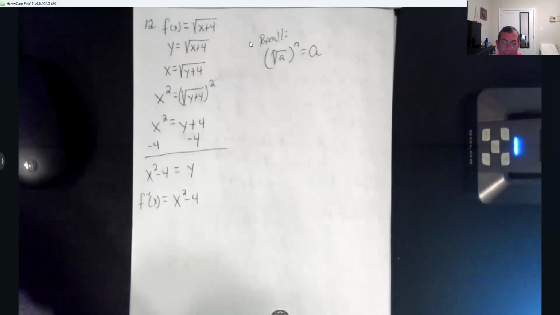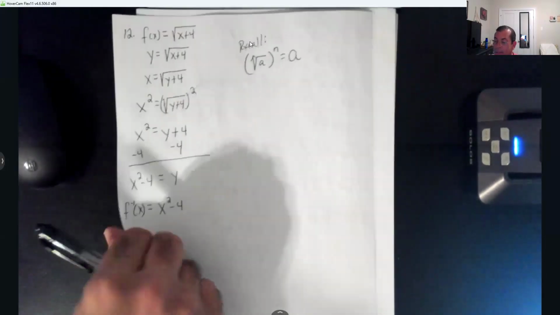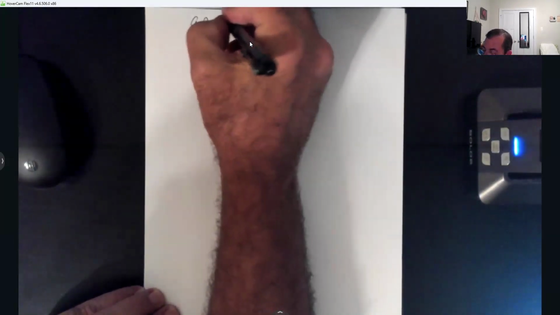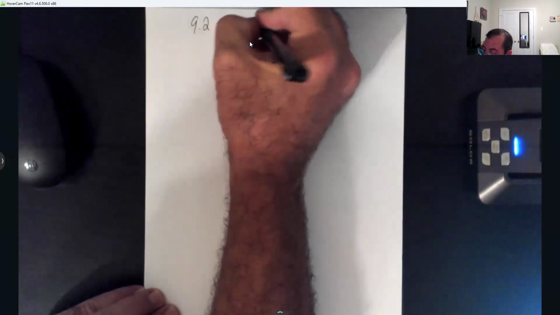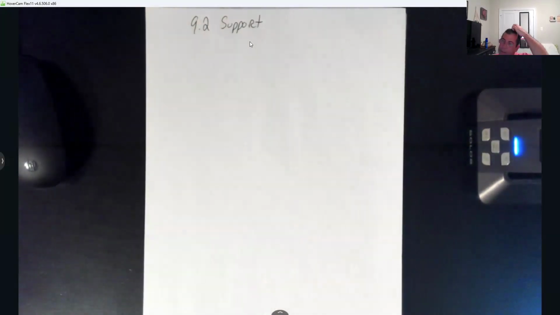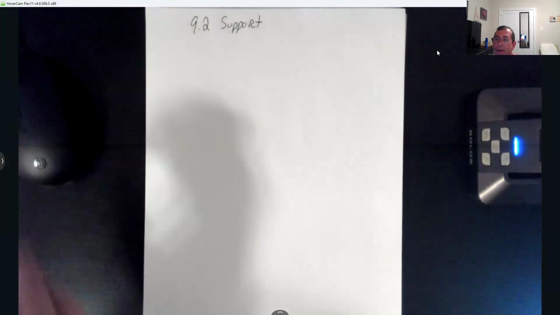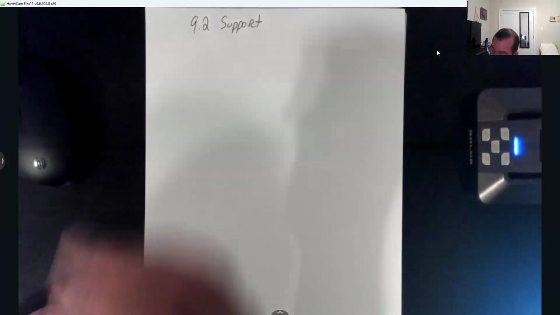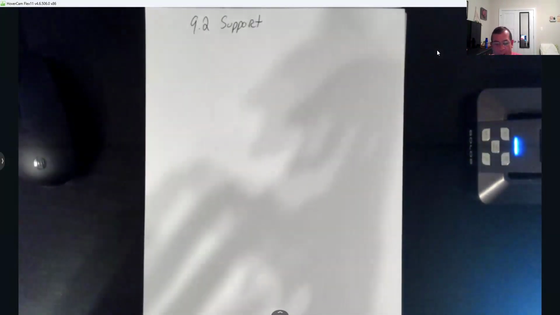All right, y'all, so I'm just going to look at the support for that section just to show you what that's about. I think this is our second support of the year. So the first thing we have to solve where you got a fraction equal to a fraction. So solving equations